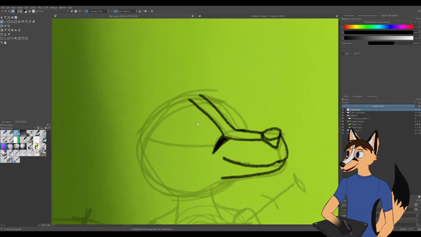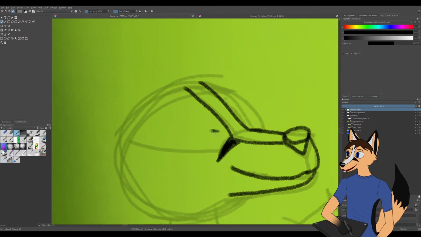My early background in art was always doing line art sketches and stuff on paper anyway, so that's what I've done my whole life, is just line art. So that's what I'm used to.